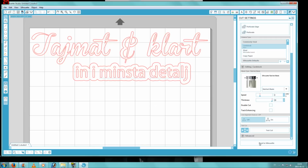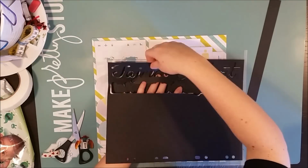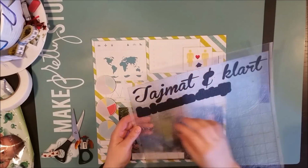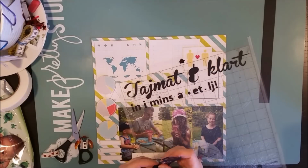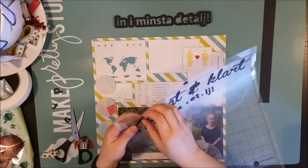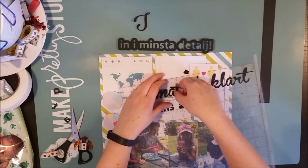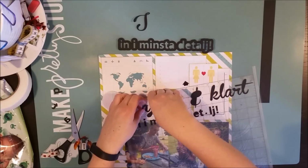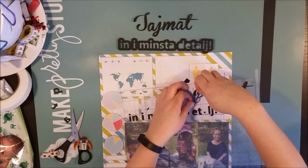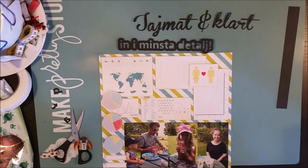I choose the cardstock plane and I press send to Silhouette, after having adjusted my blade accordingly. And here is the result, after having cut it onto black cardstock. I think that offset is so... it's amazing! That little box where I chose the number, I had carefully chosen that number from before when I did the test run, and you can...